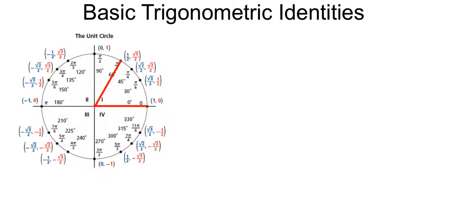So in this recording, we're going to talk about some of the very basic trig identities. And the first one we're going to talk about is the quotient identities, and those are concerning the tangent and the cotangent. So the first thing I've done is I've taken this angle and I've marked it in standard position,